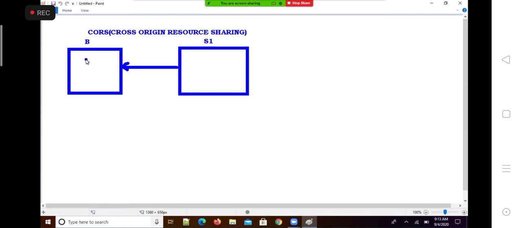Clear? Now the JavaScript is running on browser. And actually this JavaScript came from S1 server.